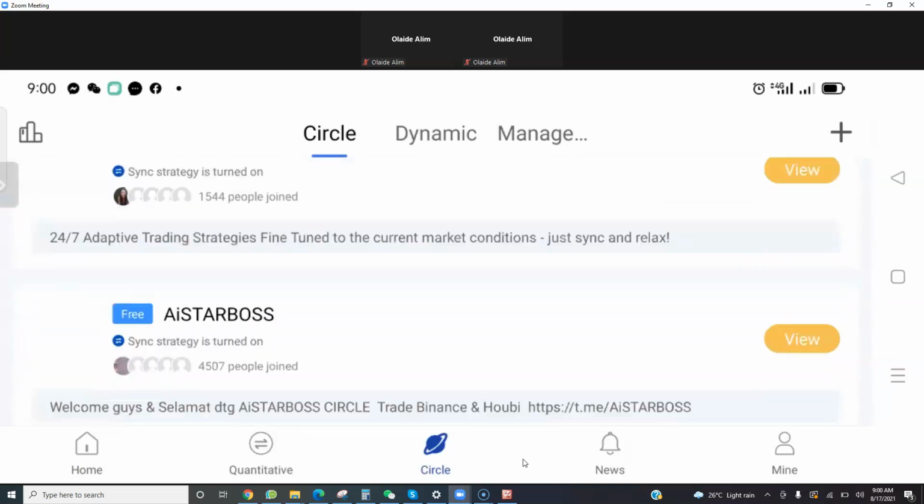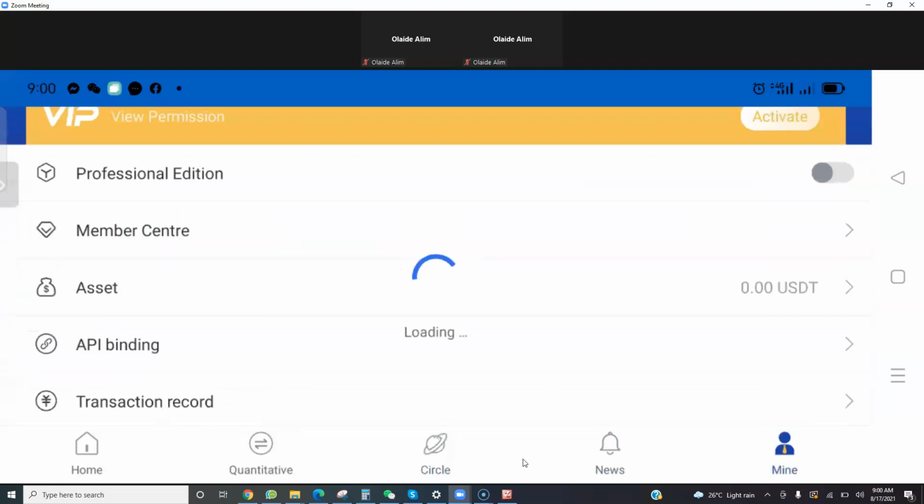And mine means you need to always check once you are making money. Say you have $20, you will know that once you make a profit of $100, that's the end of your $20. You need to top it up. Once you have maybe less than $5 there, I would advise you to top it up, because the moment you don't have any money in assets again, the bot will stop working.